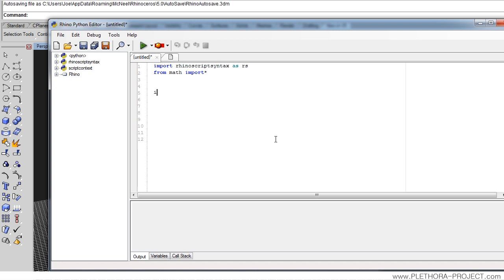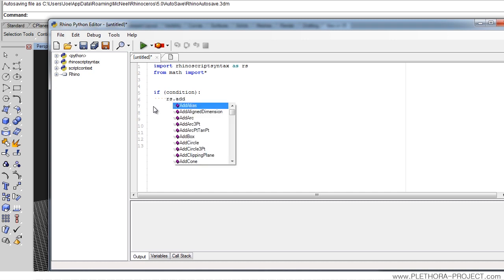We're going to say if condition, and we need to specify a condition here, and I'm going to put a colon here. This statement will happen. Something like rs.AddPoint, as we've been doing, or let's try something like print